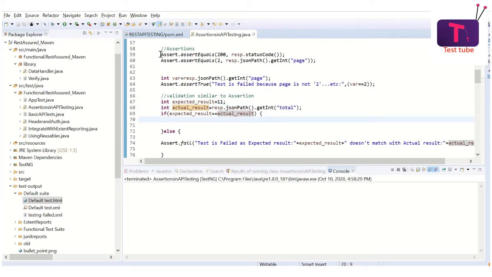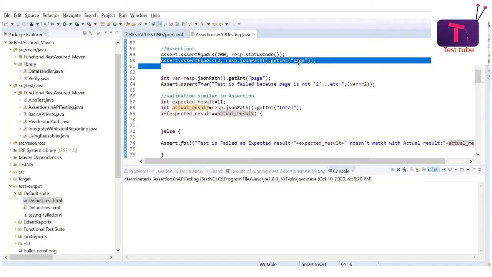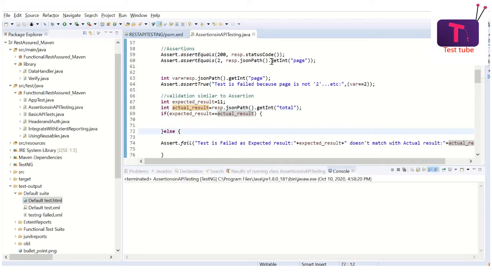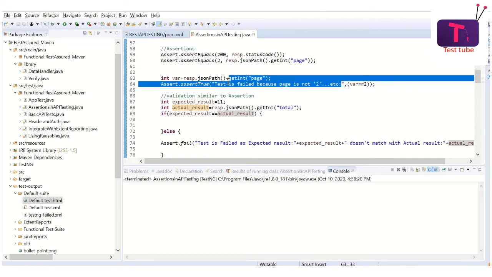So what this assertion is doing is it is going to compare this expected result with the actual result. If the result is matching, it is not going to print anything. It's not going to do anything except pass the test case. Else, if this has failed, let's talk about this example because it is close. If this assert has failed, it can print this message.